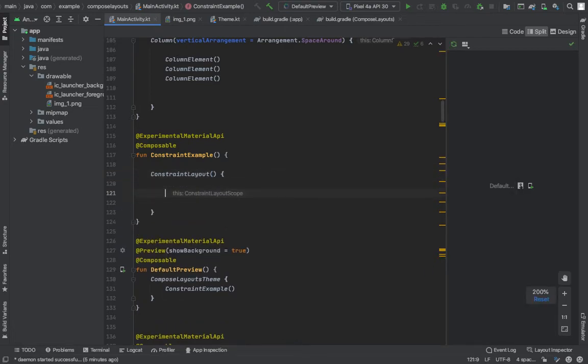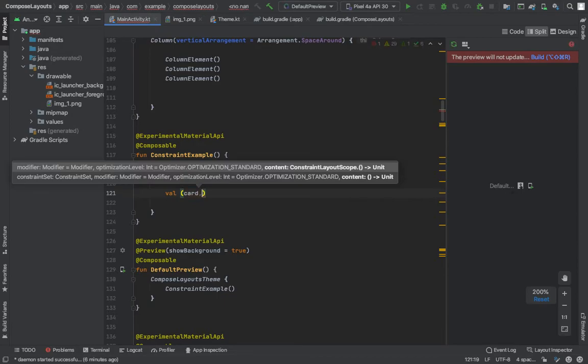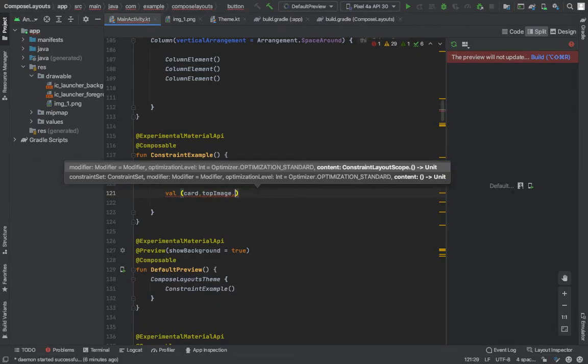In constraint layout, we are all familiar with the IDs that we use in XML files. So similarly, we also create some references for the views. For example, we create references to our card, top image, button, and text.